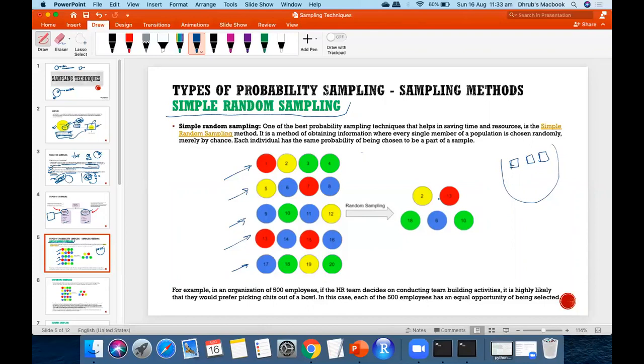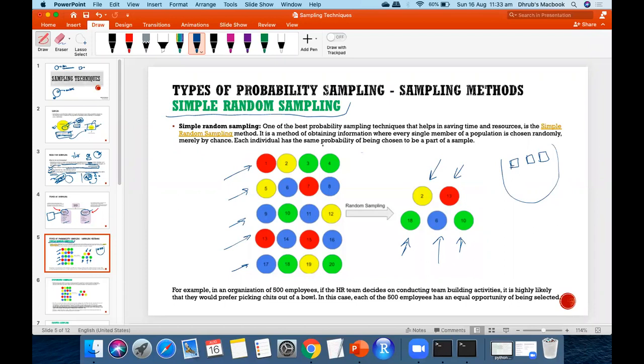So you can see that the selection chance of all the people in my class is the same, or equal. Any one of them can get selected. If I have to select 5, I'll select 5. If I have to select 7, I'll select 7. So that is the most common method of sampling that we talk about. That is called simple random sampling or random sampling. Is it clear how to select?